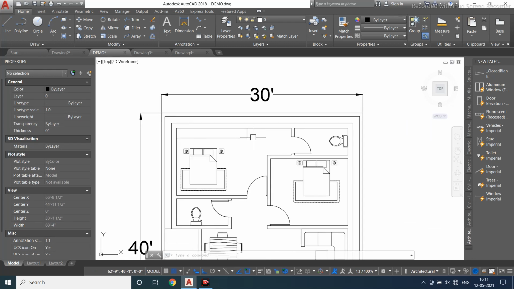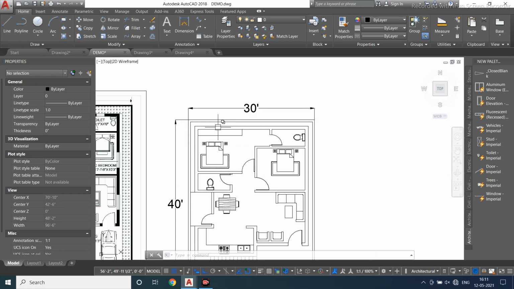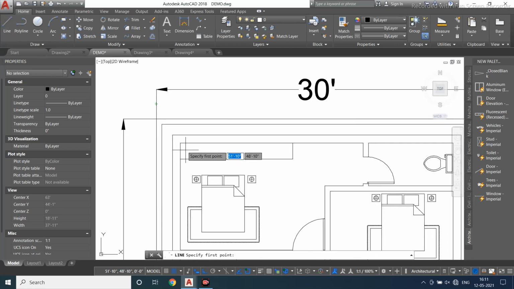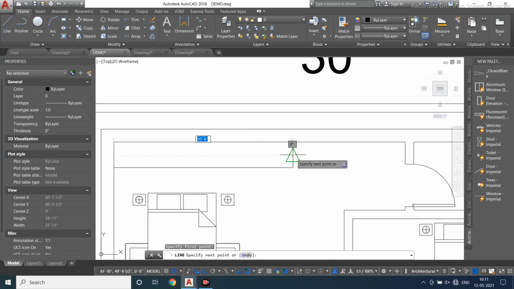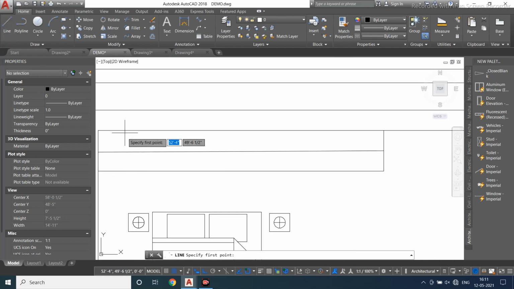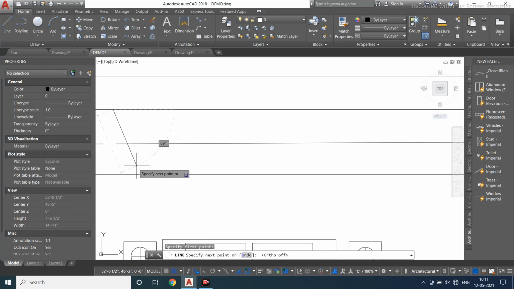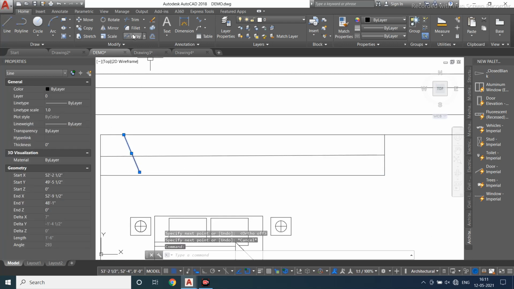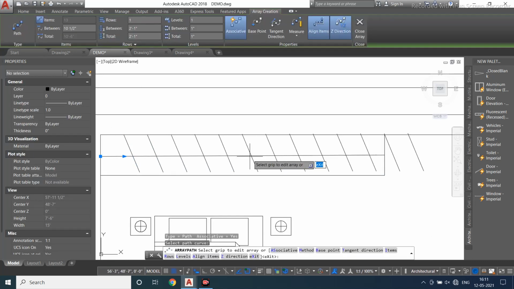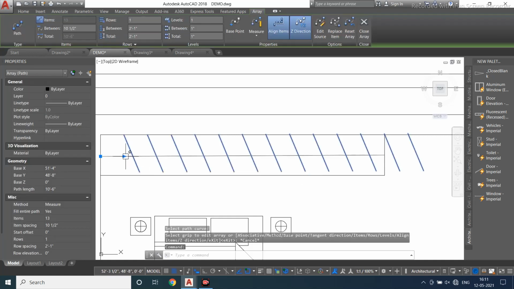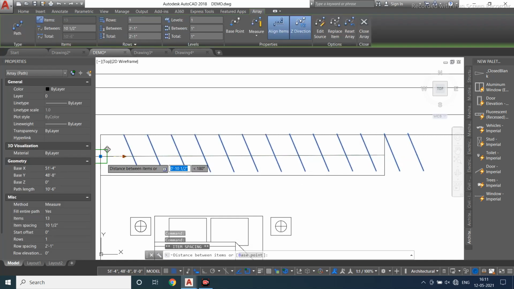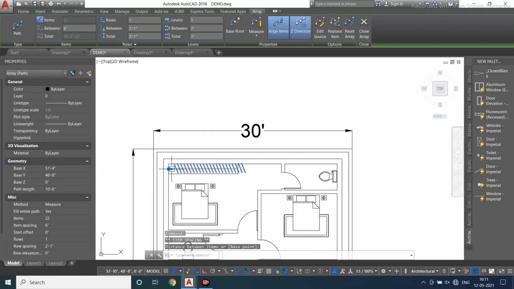Now I just want to keep some windows. So here, to show that this is a wardrobe, I will draw a line and some clothes. So select this one, array, pick path, done. Over here just select this one and move it to the end.